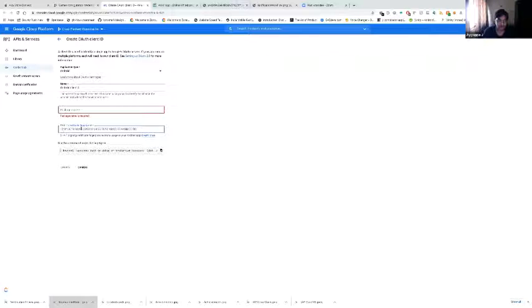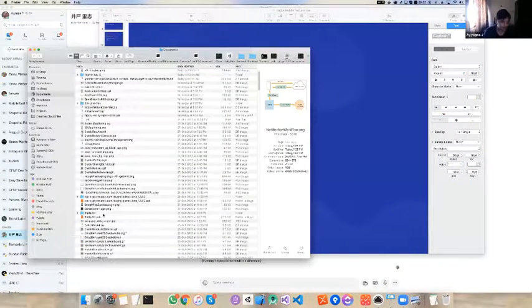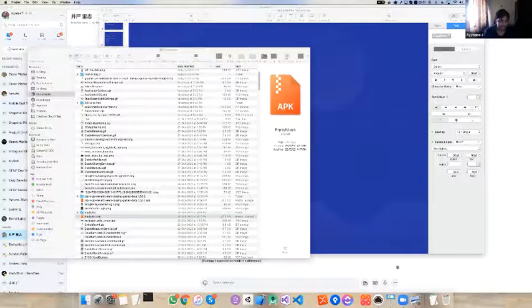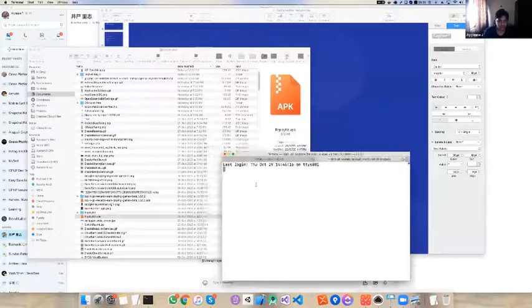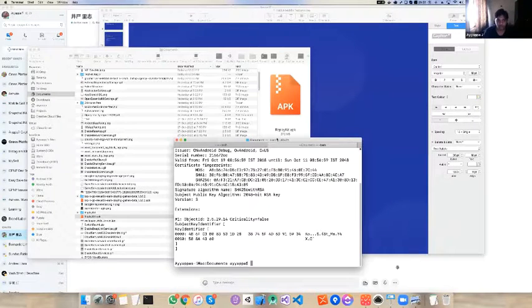Let me quickly grab one thing here. This is the simplest way to get the fingerprint. It's not the only way, but it's a very quick one.